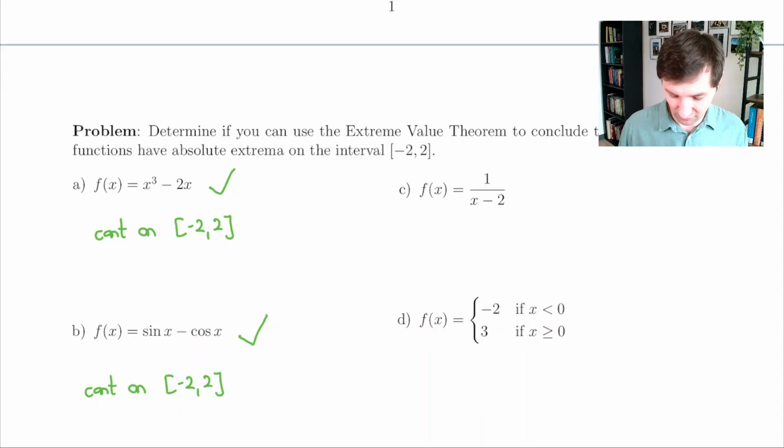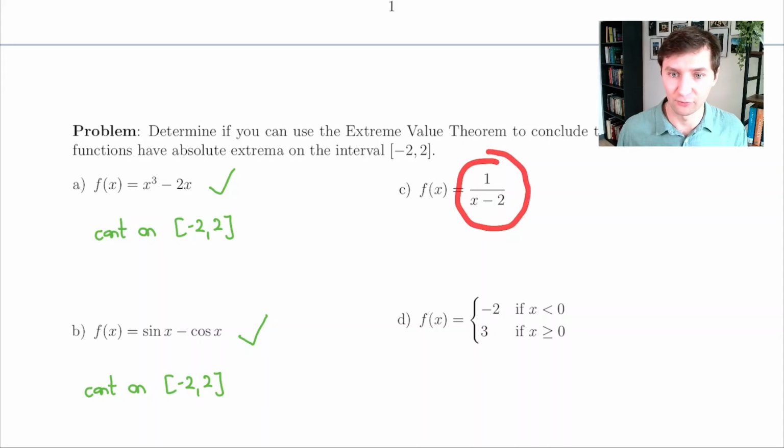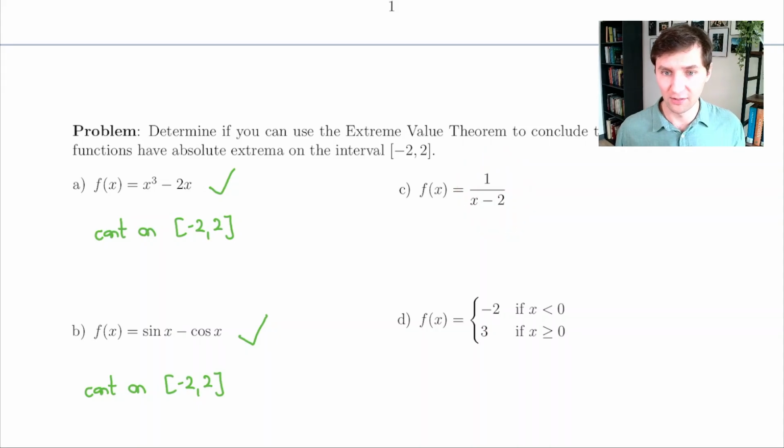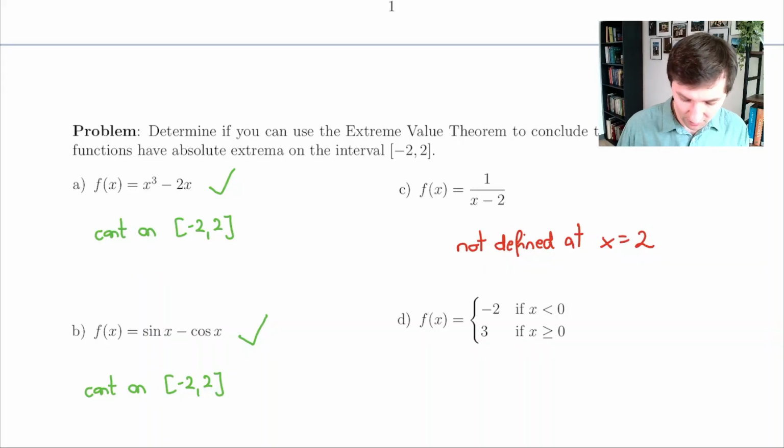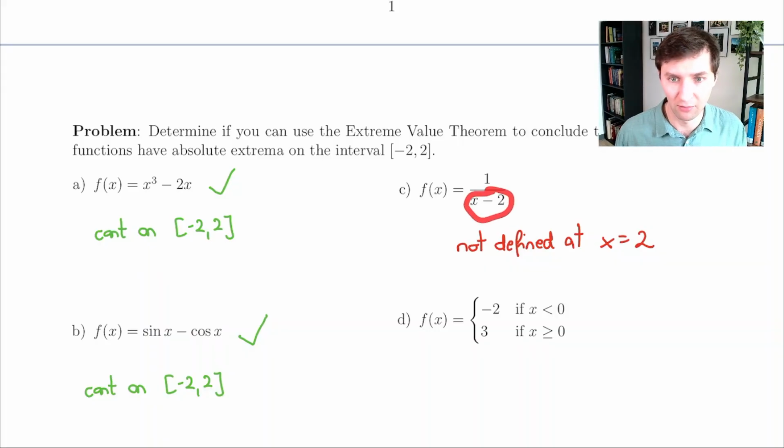What about the function 1 over x minus 2? This function is not even defined at x equal to 2. You cannot plug in 2 to this expression because then you would be dividing by 0. Because this function is not defined at x equal to 2, it cannot be continuous at x equal to 2,